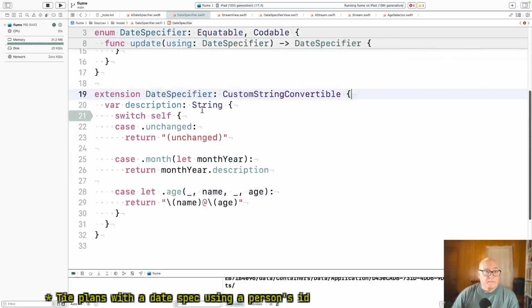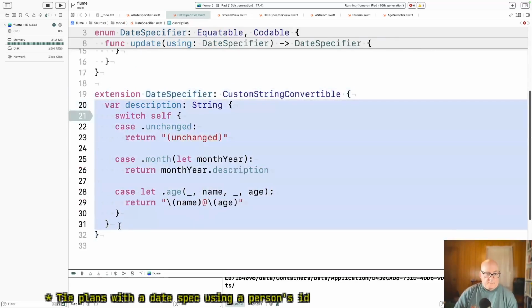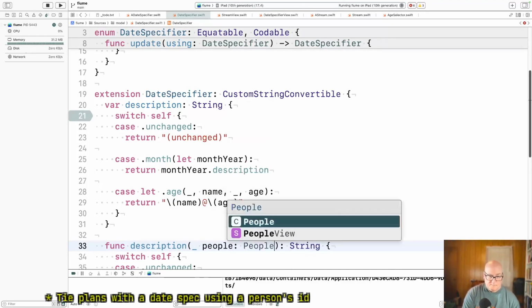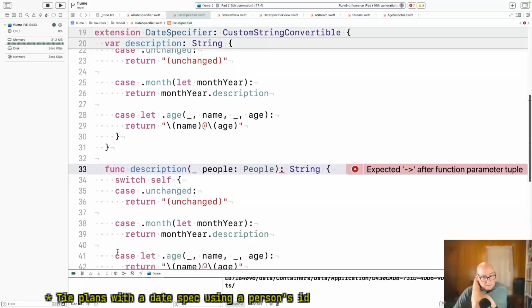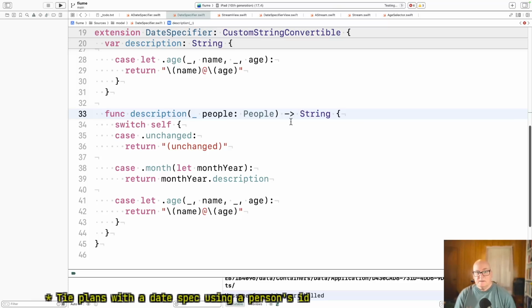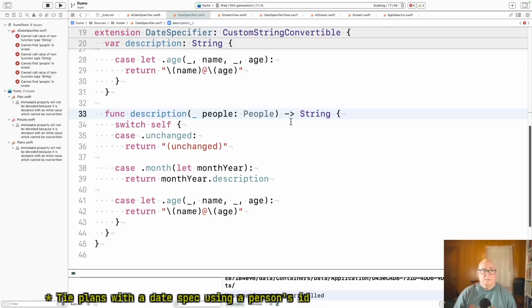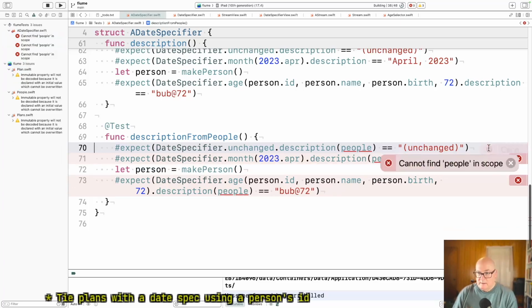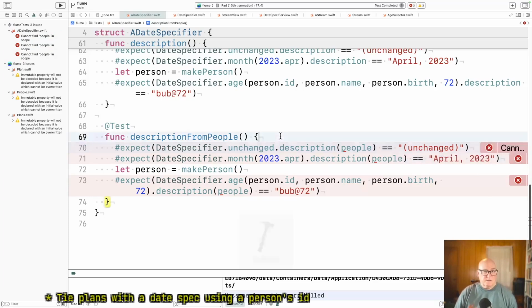So this will be a func. You give it a people. Return string. Okay. This should pass. Cannot call value of non-function type string. Oh, cannot find people in scope. That is different.